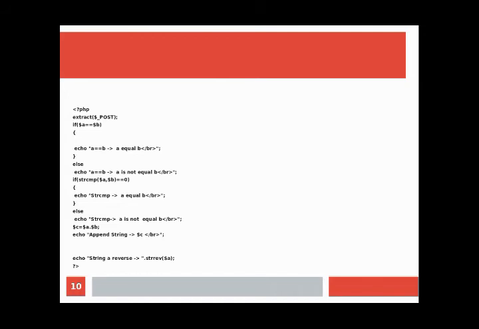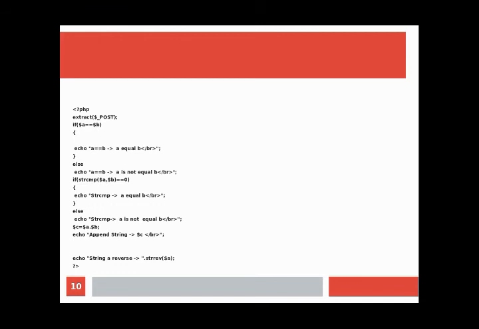Else echo again in double quotes "string comparison", arrow, A is not equal to B, close break, and the HTML tag is closed here, semicolon.